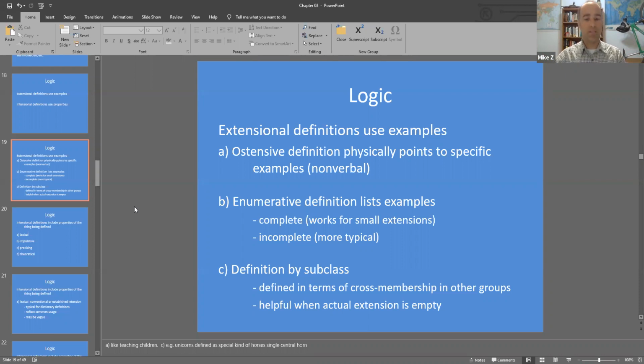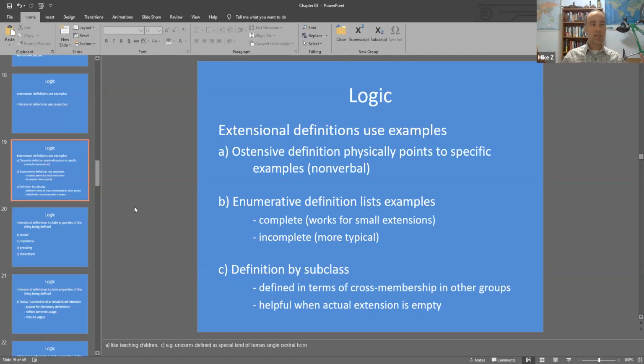An enumerative definition is sort of like an ostensive definition, except that you're verbally listing things that are in the extension, as opposed to just physically gesturing at them or presenting them as you say the word. So you're just listing them, writing them or saying them. And if it's a relatively small group, if the extension is relatively small, then it might work out to provide